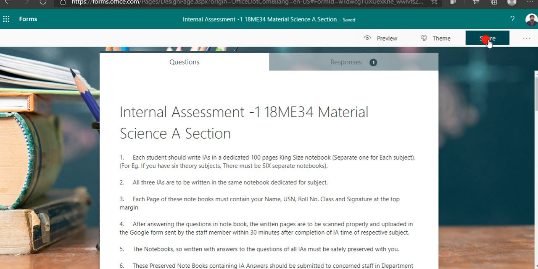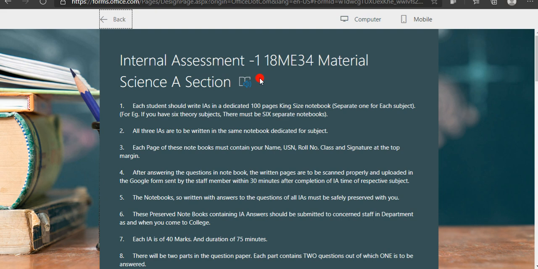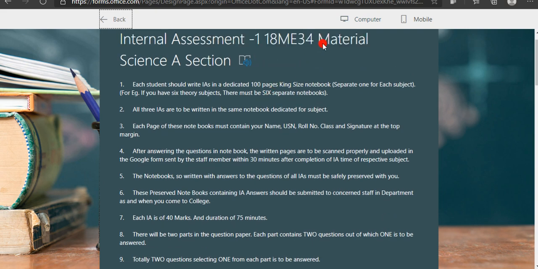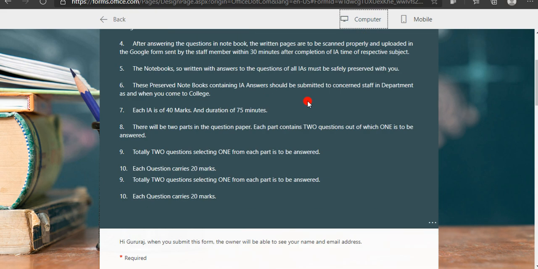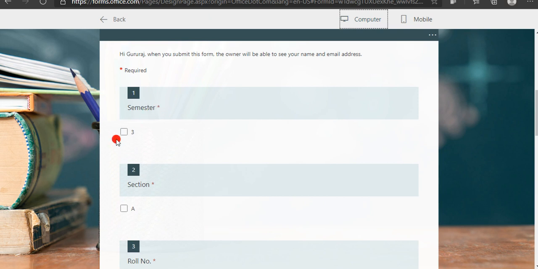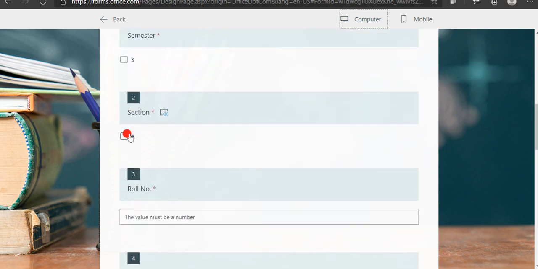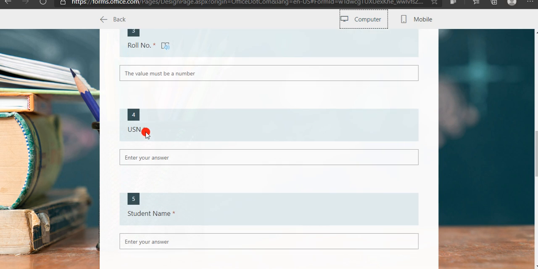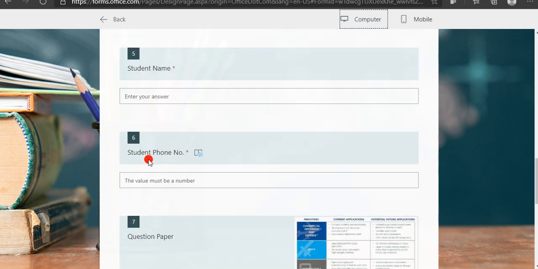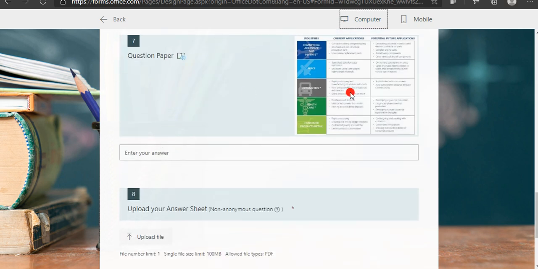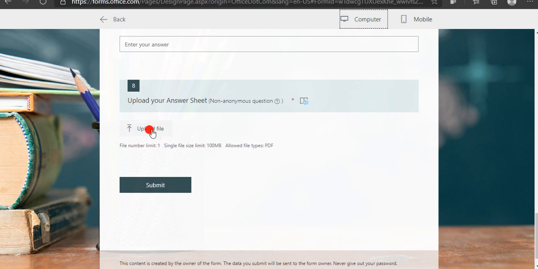Then you can go through the preview section to see how it is going to look on the computer: the semester he is going to select, then the section, roll number, USN, student name, student phone number, then the question paper, then he is going to upload, then submit.